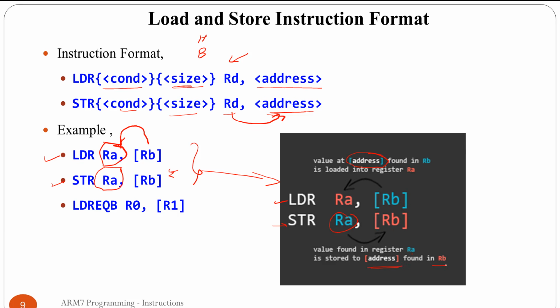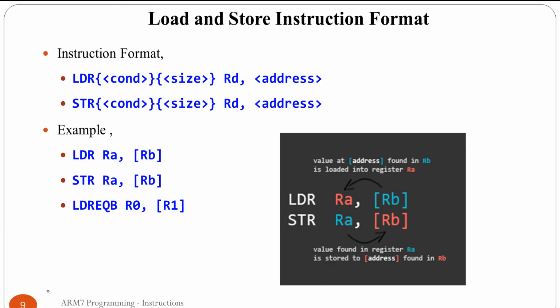Okay. Now in these instructions we can have conditions also, like in the previous video where we studied conditional instructions. So that condition we can add to these instructions also. So load register if equal, load register if equal with byte. Okay, so we have to load a byte of data if the data is equal. In this case we can append such conditions, and if the condition is satisfied, then only that particular operation will be performed.